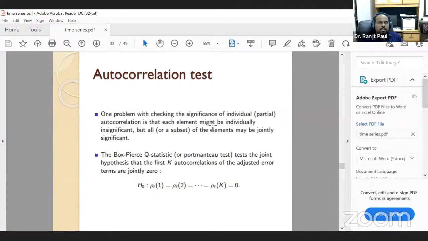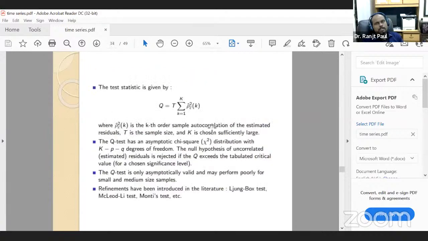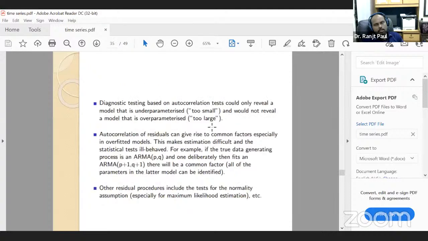Okay. Then there are different tests for autocorrelation also, the inversion test is there, Box-Pierce Q statistics is there. First of all, if we plot the residuals, we may have a guess whether the residuals have any pattern or not. If there is a pattern in the residuals, then we can see that the model is not adequate. That means some information is still there in the residuals,